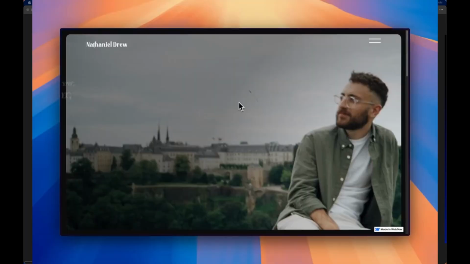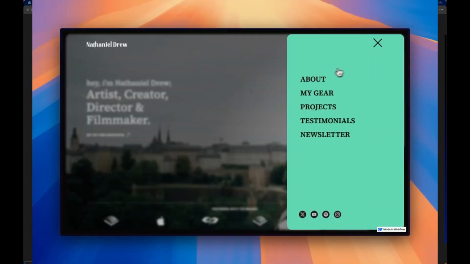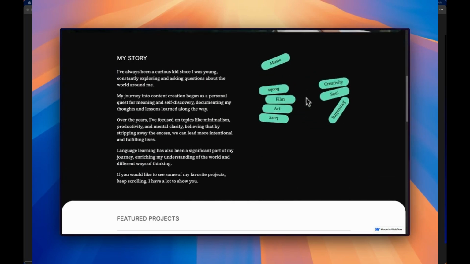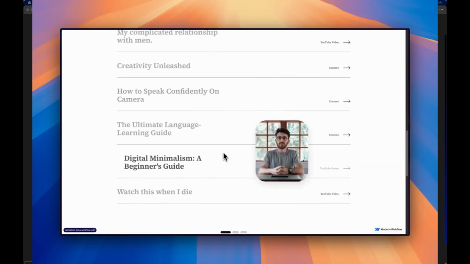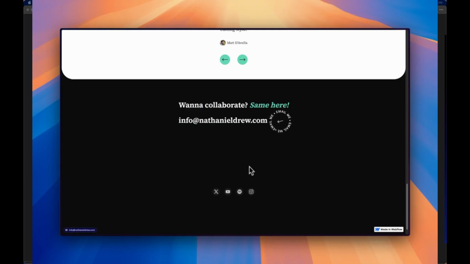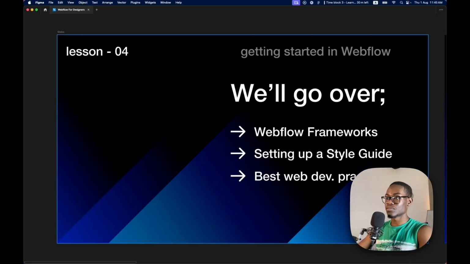And this is the final site we'll be building. I'll put it on the screen so you can check it out, the final site. So if you're interested in doing that, follow me and I'll guide you through the whole process of achieving that final result. So let's get into it. Okay, so